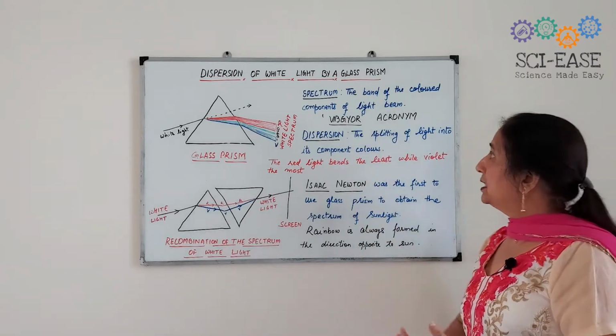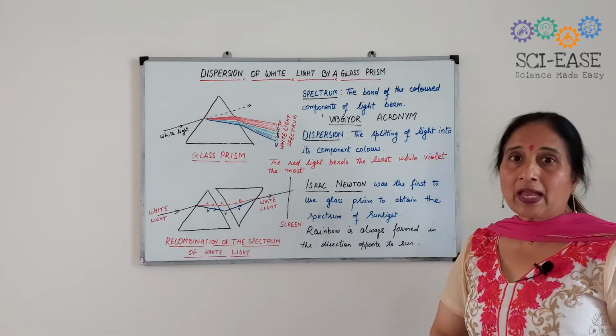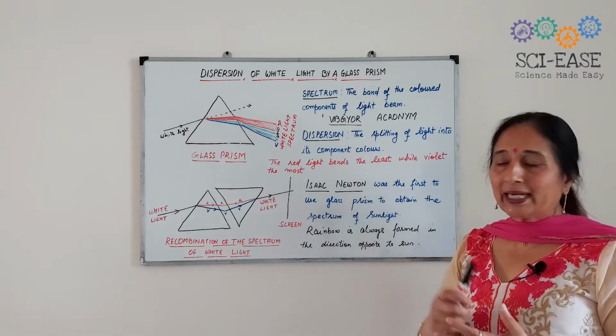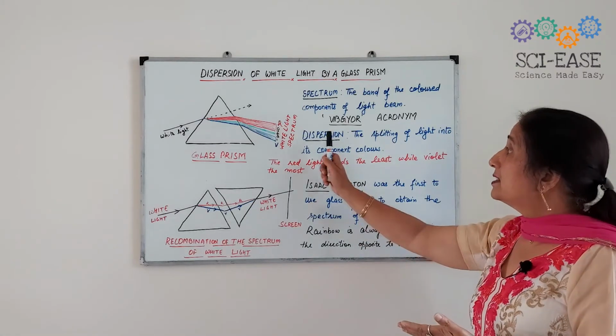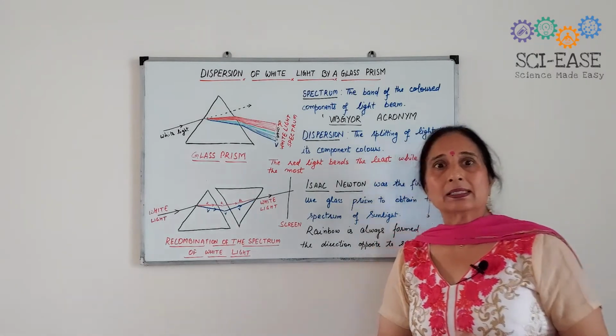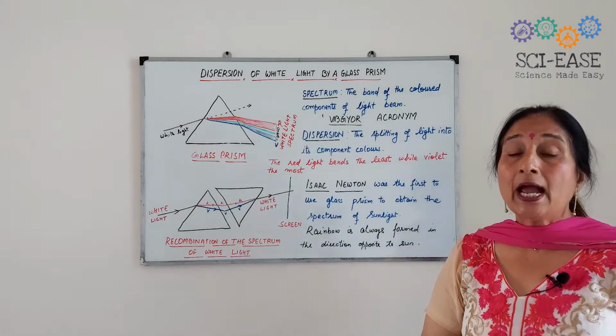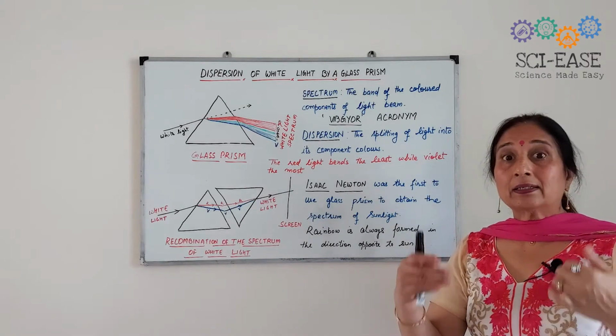The band of the colored components of the light beam. That is spectrum, and you can give the names of the 7 different colors. And then dispersion is the splitting of the light into its component colors. And I have explained the activity